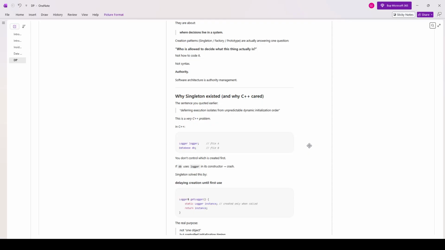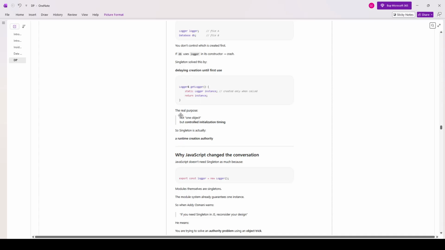In C++, Logger logger, which is in file A, and Database db, which is in file B, you don't control which is created first. If db uses logger in its constructor, it will crash. Singleton solves this by delaying creation until first use, like a getLogger function. Inside is a static Logger instance, which means it is created only when called, and then return instance. So notice the real purpose: not one object, but control of